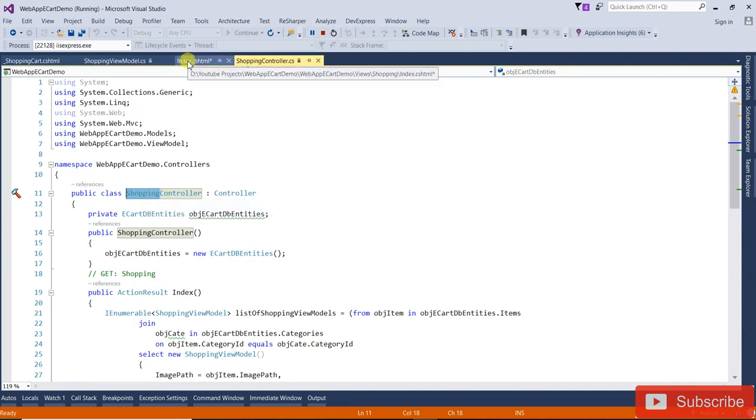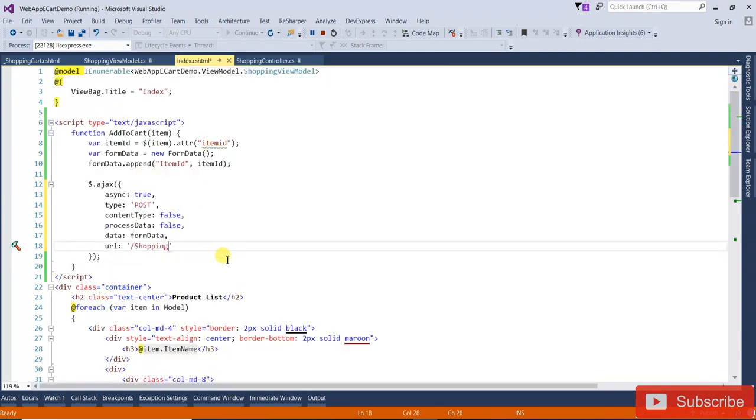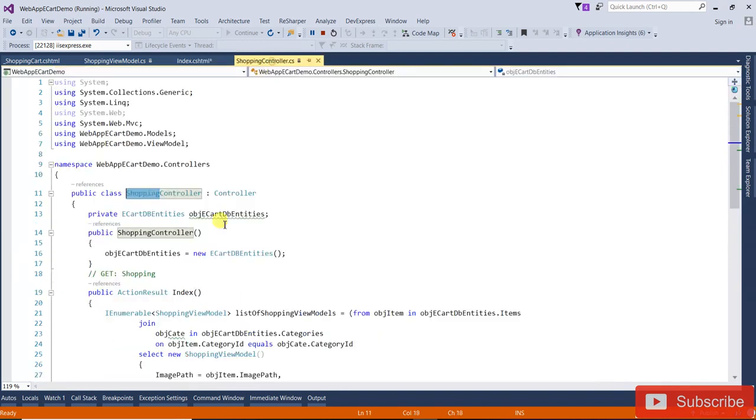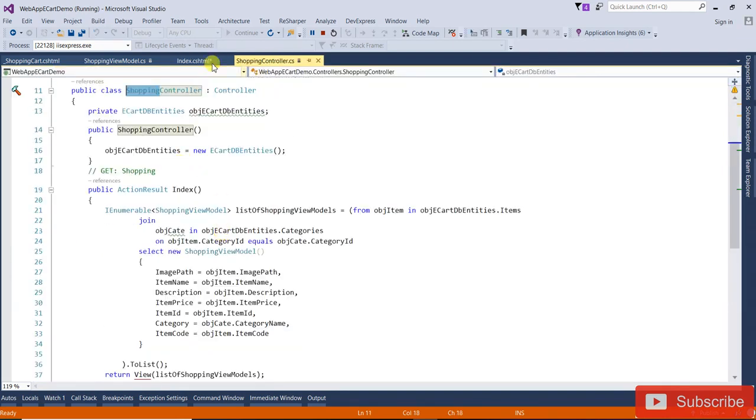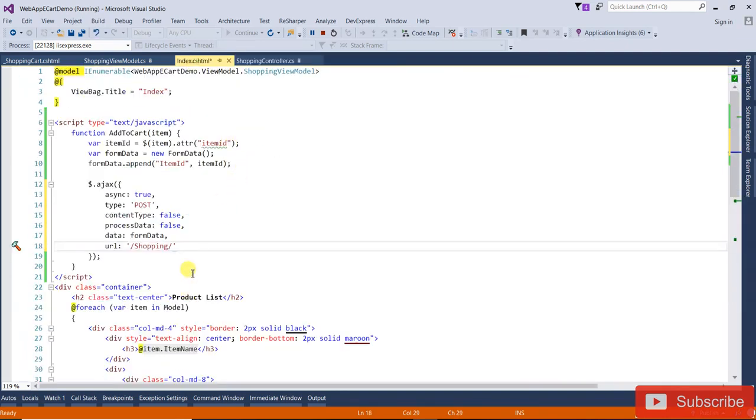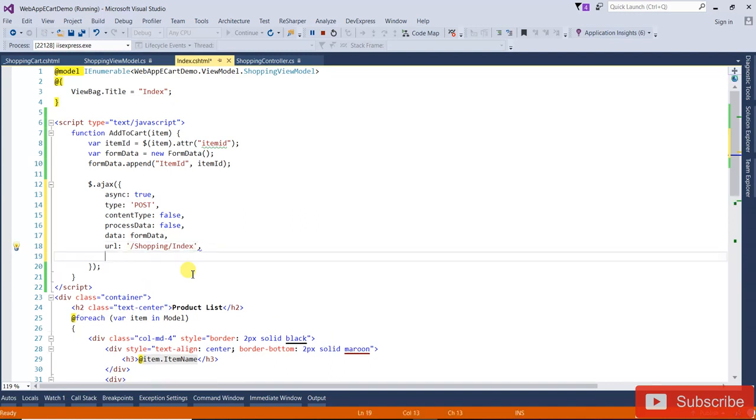And for URL, because you need to write that URL, it will be that shopping controller. So the first one will be the shopping, and then you need to create one method for add to cart, or write that index, that will be the POST. So make it capital, that index, and here it will be the success,